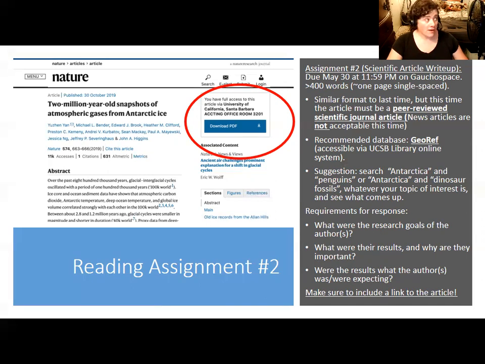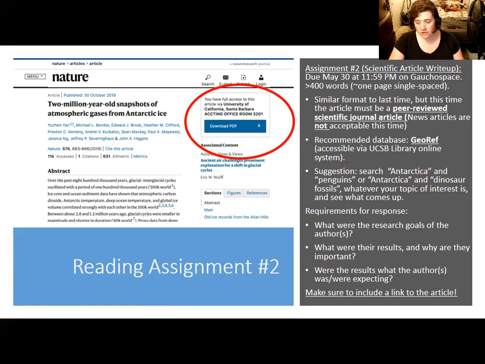And the great thing is that as UCSB students, you have access to the research databases that UCSB subscribes to. If you go to the UCSB library website, you can search the databases and find geology articles in GeoRef, or you can find other databases that more closely relate to biology or climatology, or you can simply use the library search function for articles on penguins or articles on glacial retreat or articles on Mount Erebus or whatever else is interesting to you. Whatever article you pick has to have substantial relevance to Antarctica. I'm okay with you picking a history or social science related article, but we need to see what the connection is.